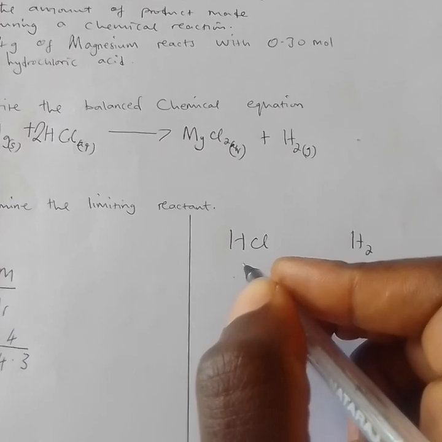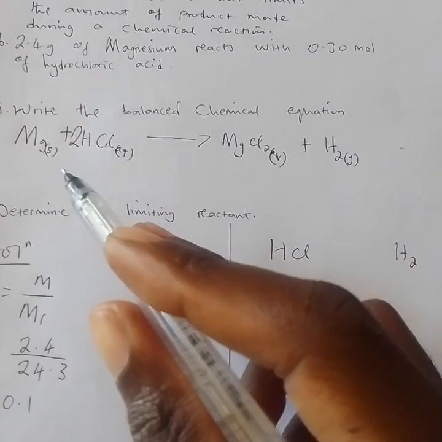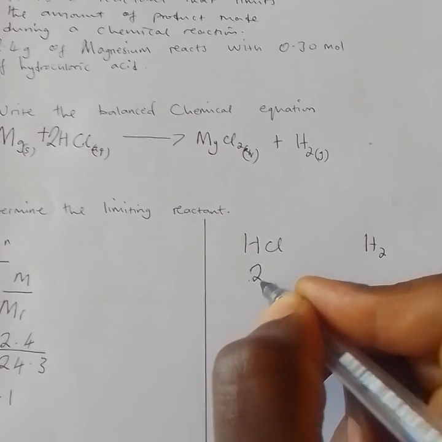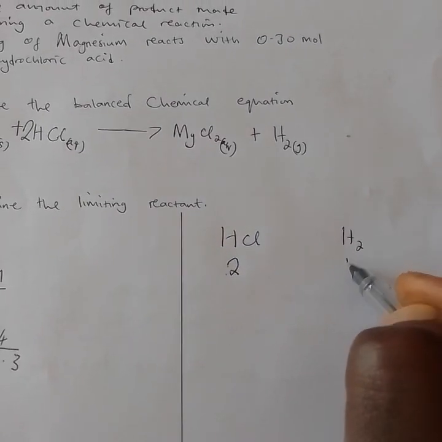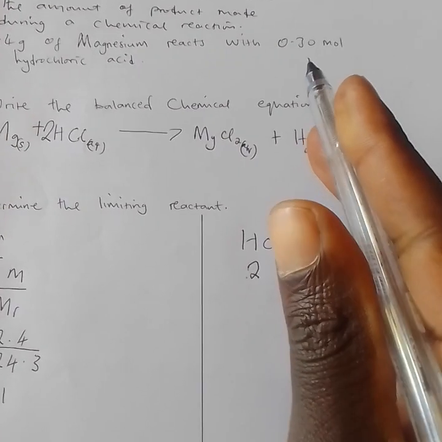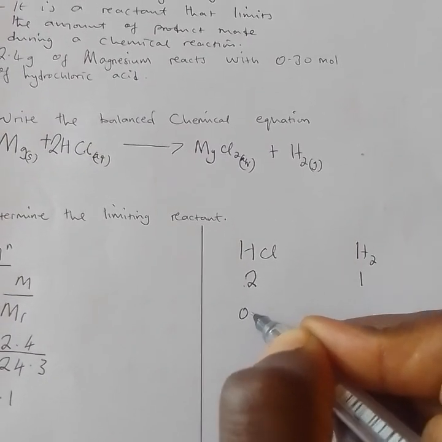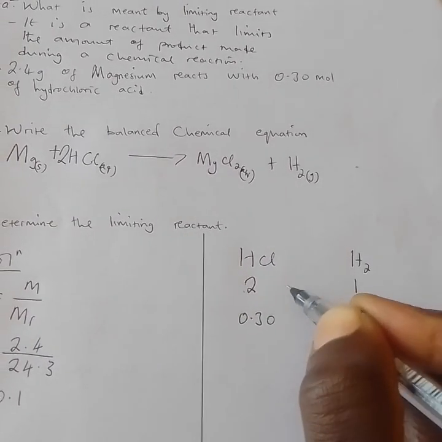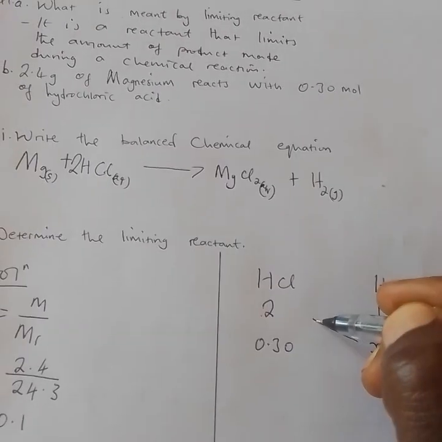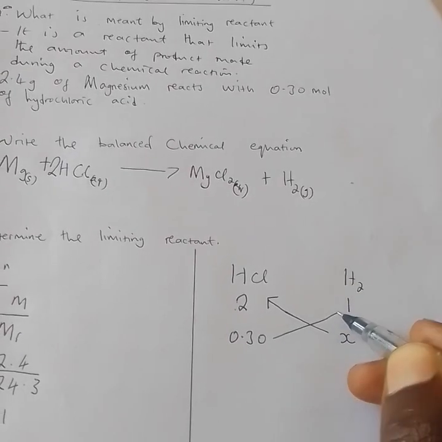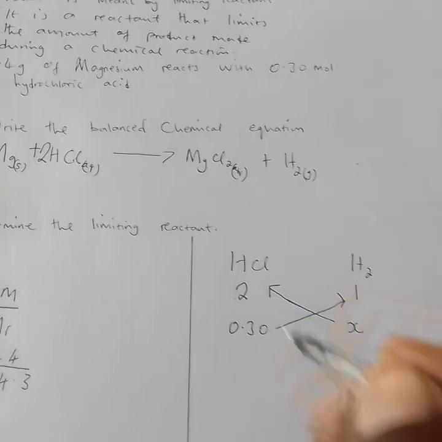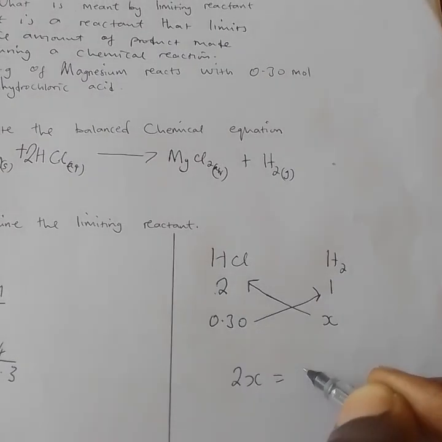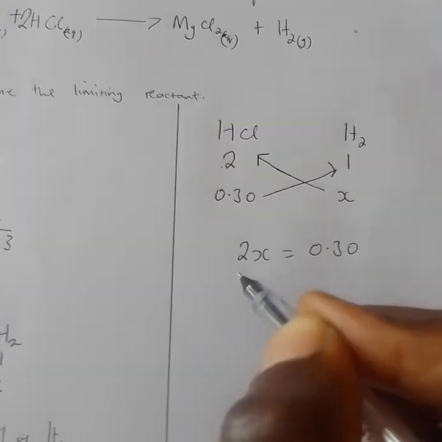So first of all I need to look at our balanced equation. Here we have 2 moles of hydrochloric acid. So I'm going to say, if 2 moles of hydrochloric acid gives me 1 mole of hydrogen, how about 0.30 moles will give me X? So we do the same, we cross multiply, this and that, this and that. So X multiplied by 2, you're going to have 2x equal to 1 times 0.3. So you divide by 2,